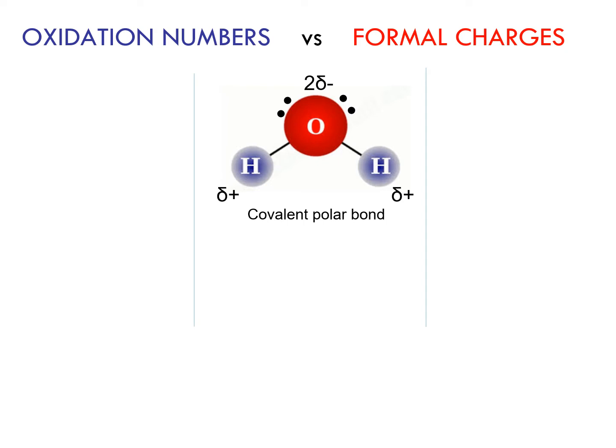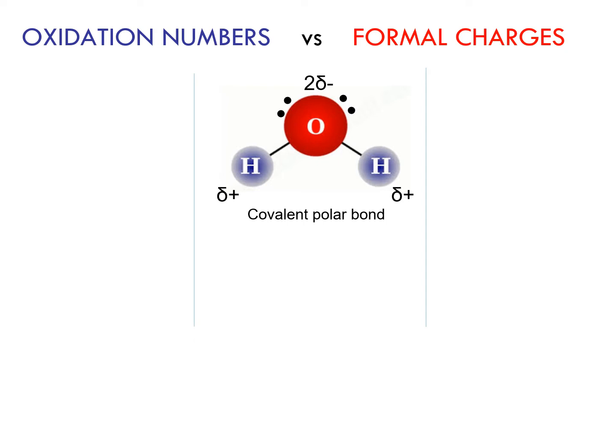So the bond between oxygen and hydrogen is not an ionic bond, because in an ionic bond there would be a complete transfer of electrons from one atom to the other, and you would have ions, you would have full charges. It's not a covalent non-polar bond, because that would happen between two atoms that are identical, like two atoms of hydrogen in H2 or two atoms of oxygen in O2, in which case the electrons of the bond would be shared perfectly evenly. It's somehow, let's say, a middle ground between an ionic bond and a non-polar covalent bond.